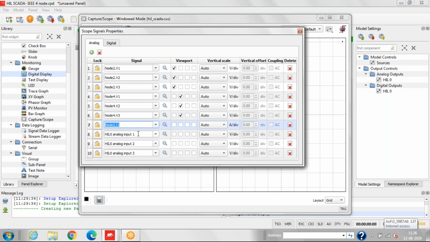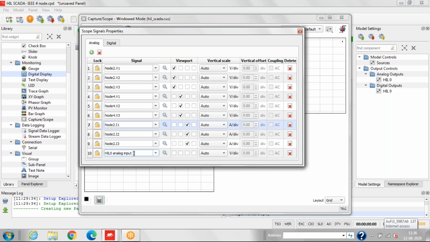Similarly, we'll add all the signals here. This will be on viewport 3, and similarly node 4 current will go on viewport 4.